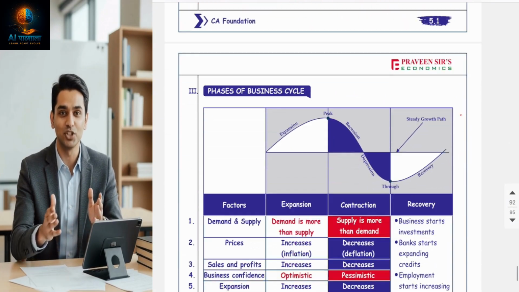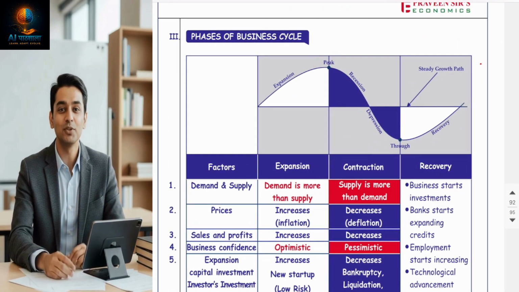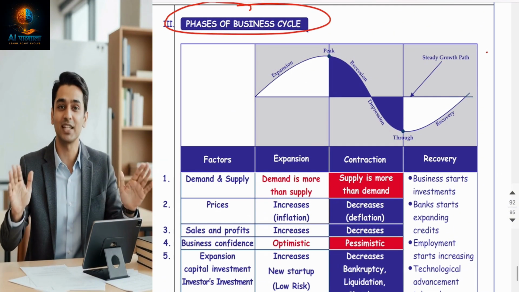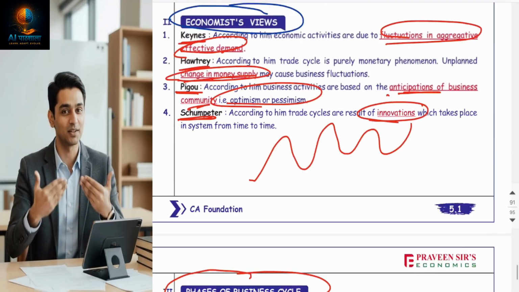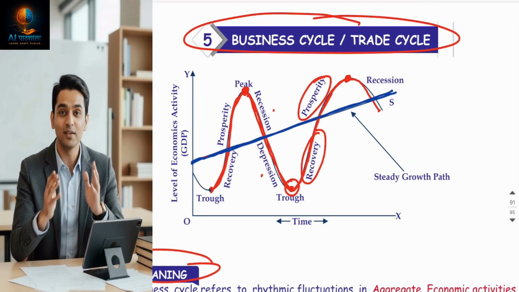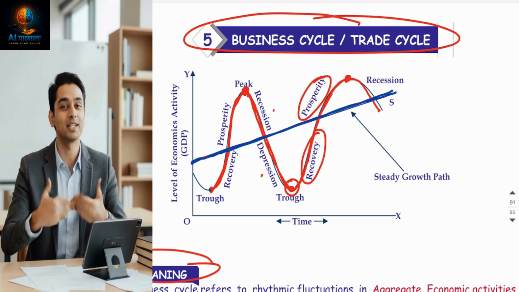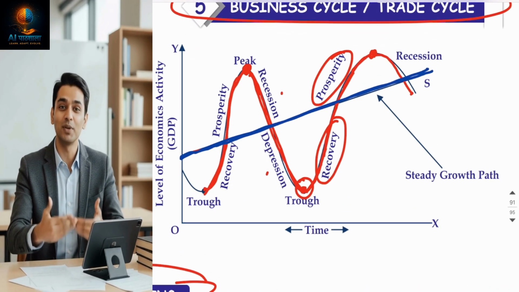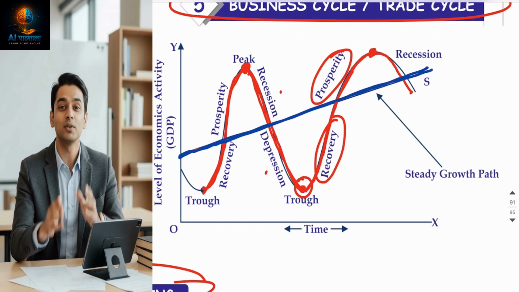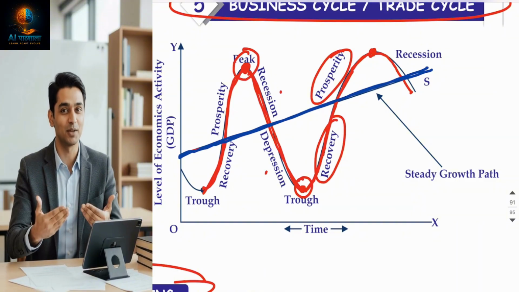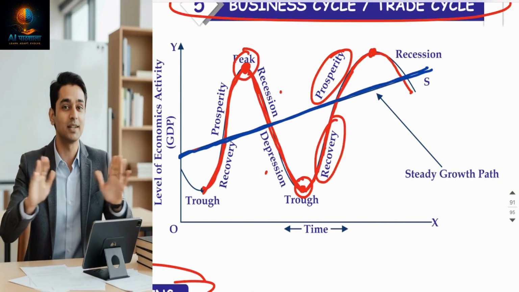Yes. So, after the economists' views, let's understand in detail what the phases of the business cycle are. Friends, before I get into the phases of the business cycle, you should understand this curve. This is the business cycle curve. Cycle means after one stage, the second stage comes and it keeps on recurring one after another. Basically the cycle is first initially expansion, which is called prosperity. Then they reach the peak point. Peak point is called the end of expansion.